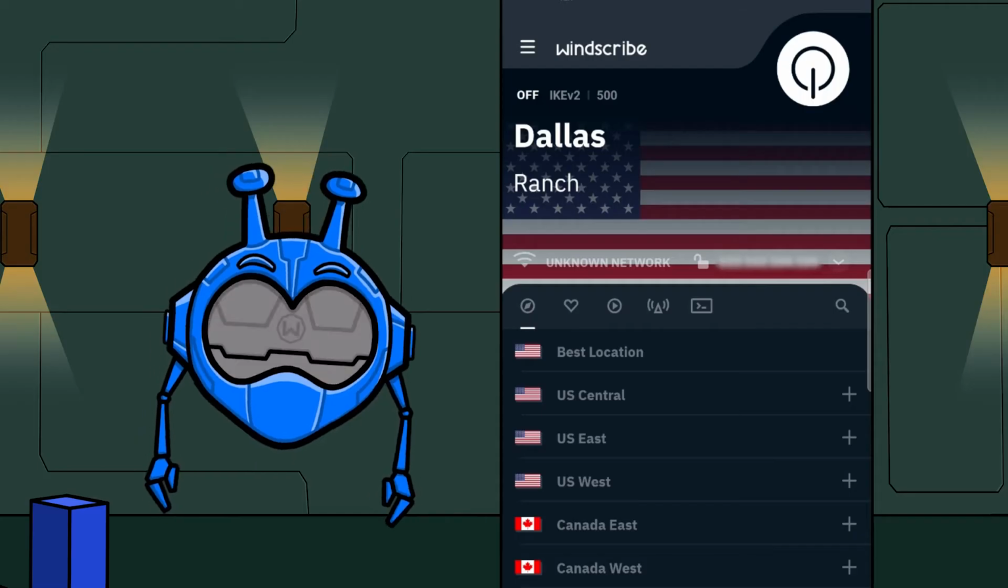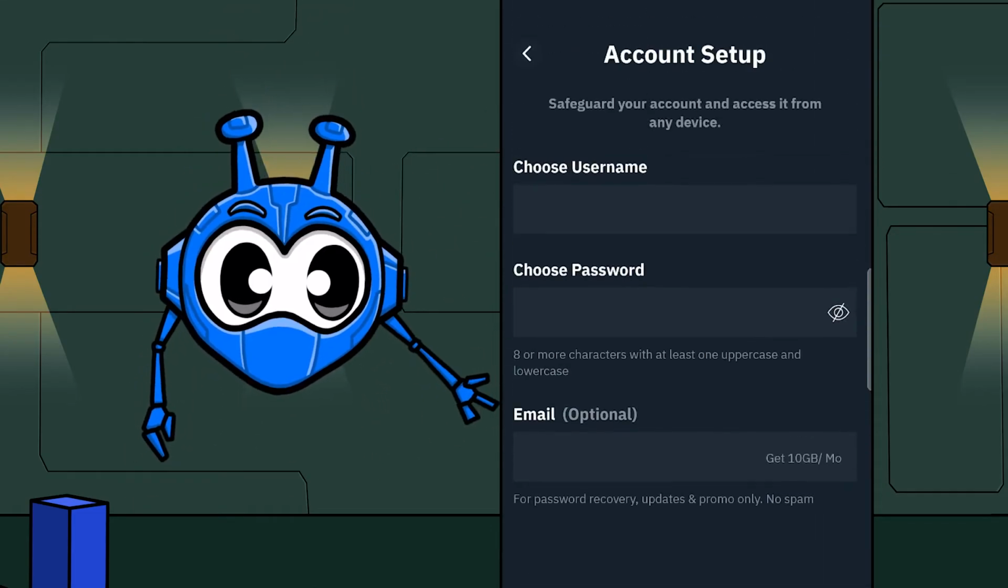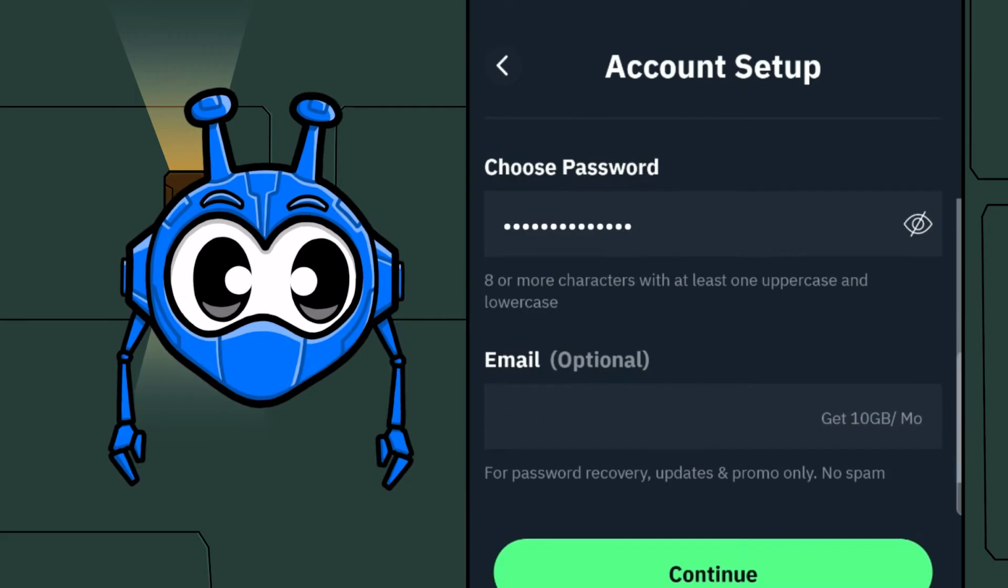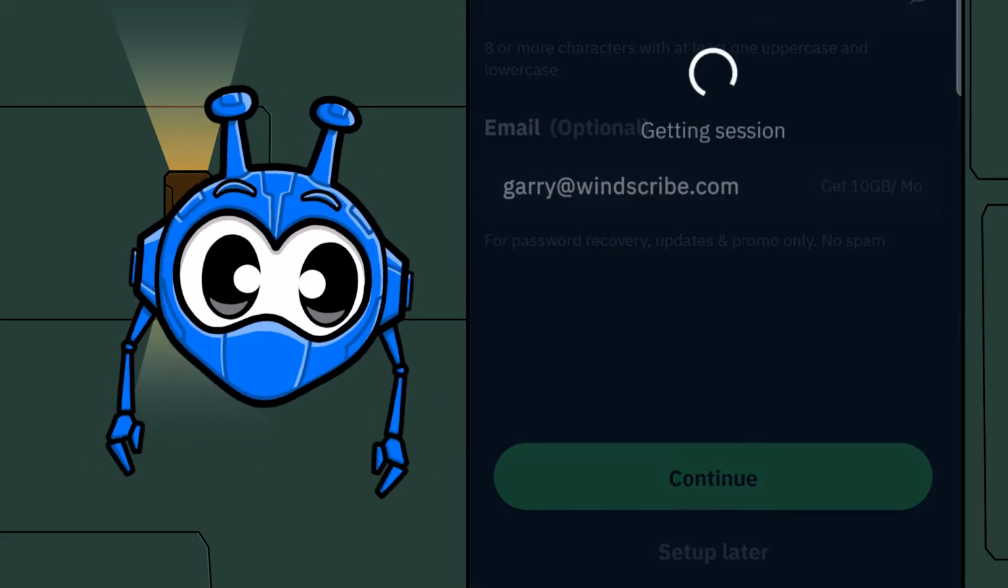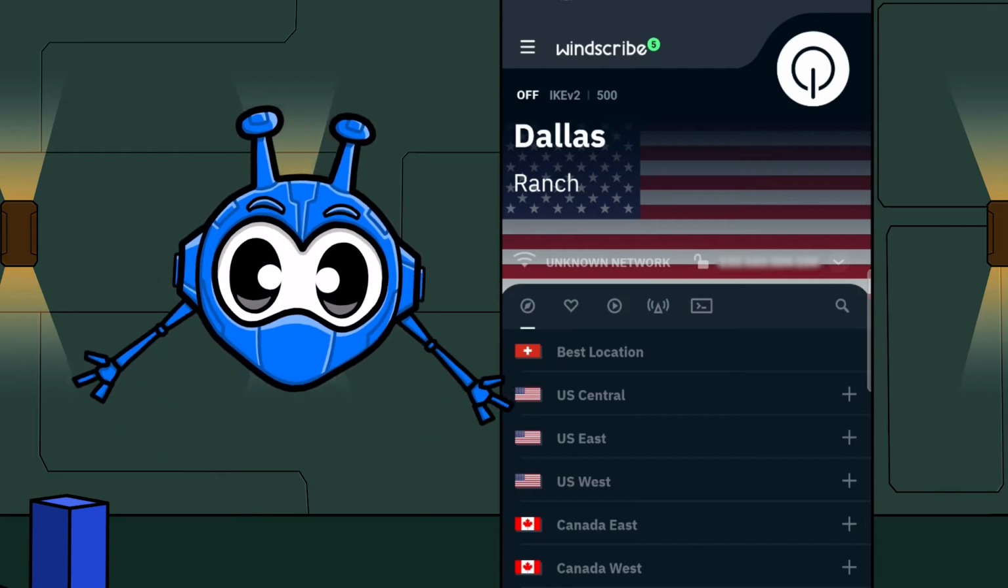To set up an account, hit this menu in the top left here, and hit Account Setup. Here, you can input your desired username and password and your email address. Then hit Continue. Once your email is confirmed, we can head back over to your freshly installed Windscribe VPN and